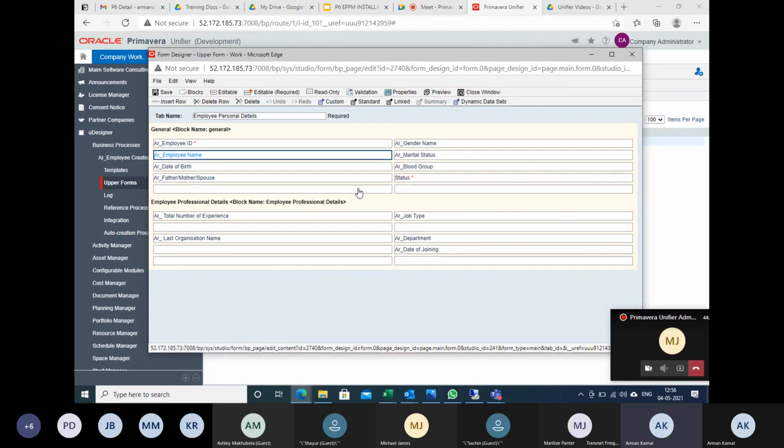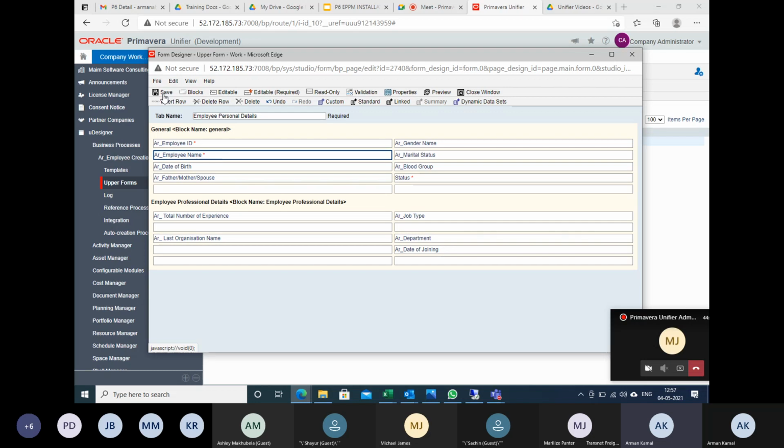So you can just select it. It is very easy. Just make it editable required. Just select the cell and make it editable required. Then you will get a star mark automatically in editable required also. Just select the cell which you want to make mandatory for the user to enter. Without that they cannot proceed further.